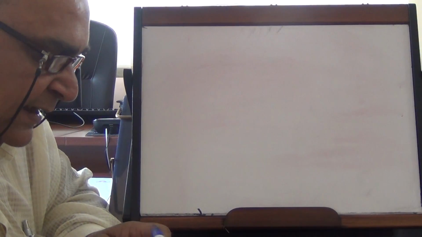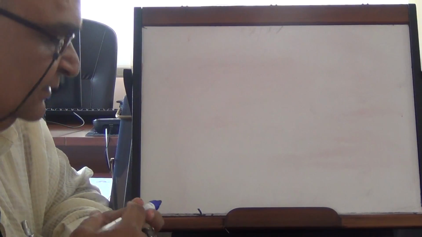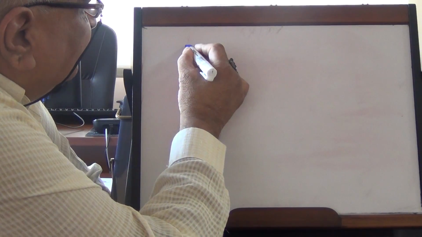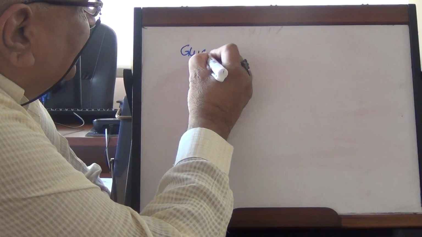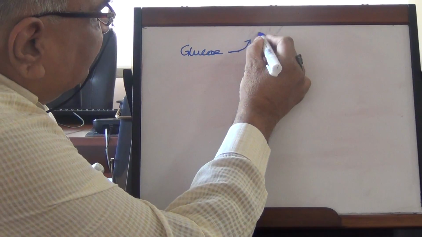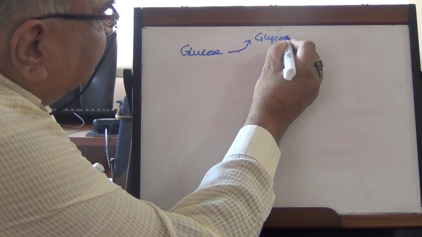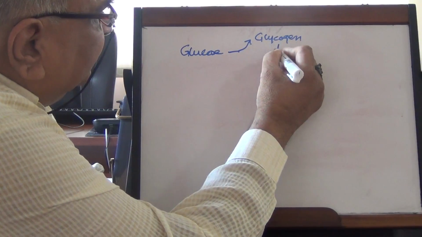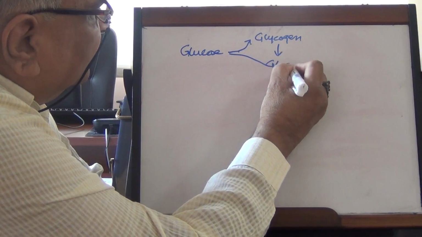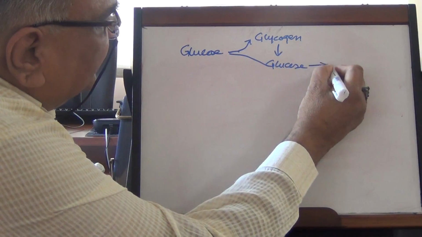And now we will outline the functions of the liver. So what is coming from the intestine? The glucose is either stored as glycogen, which can also be converted into glucose, which is sent into the cell,